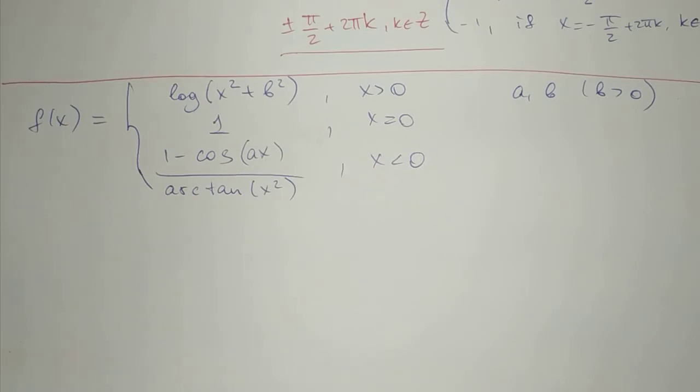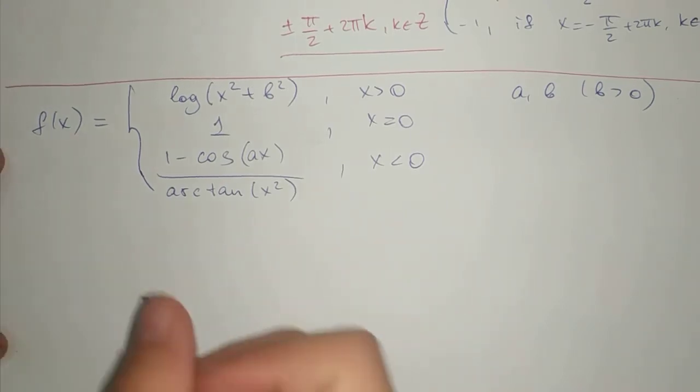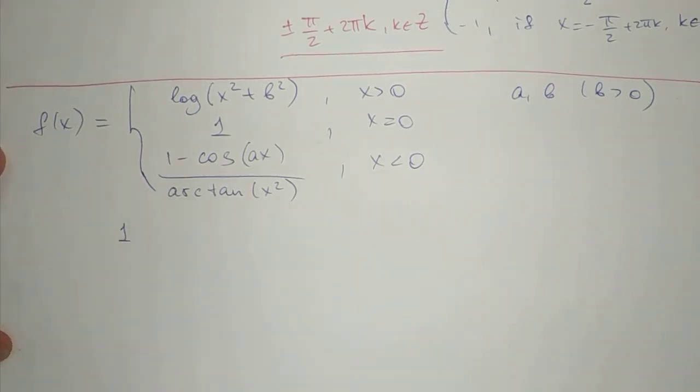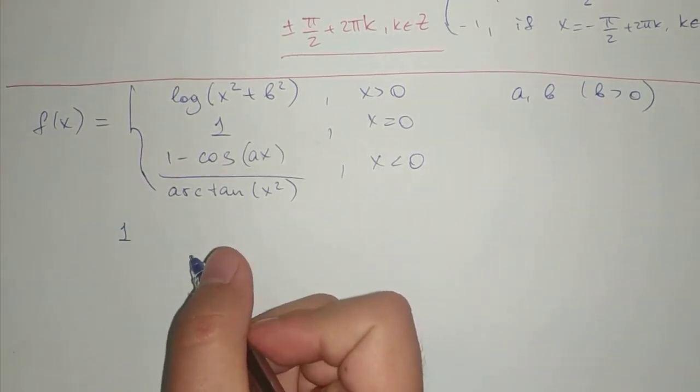So we need to consider the one-sided limits at the point 0. Firstly, let's consider the left side limit. We know the value at the point 0, it is 1. So 1, we can write here, 1 is equal to